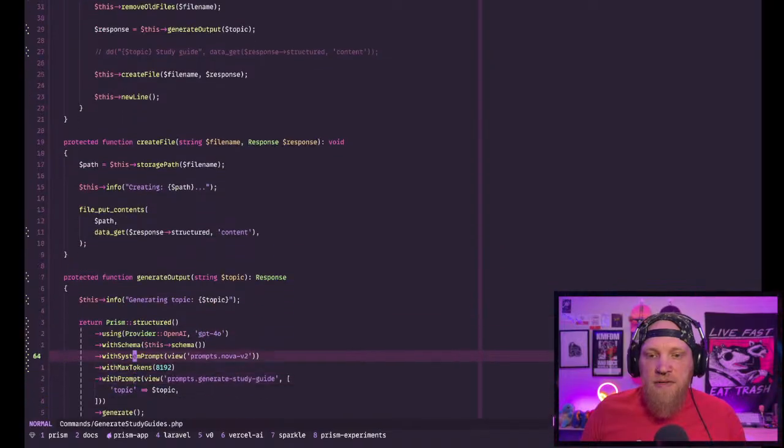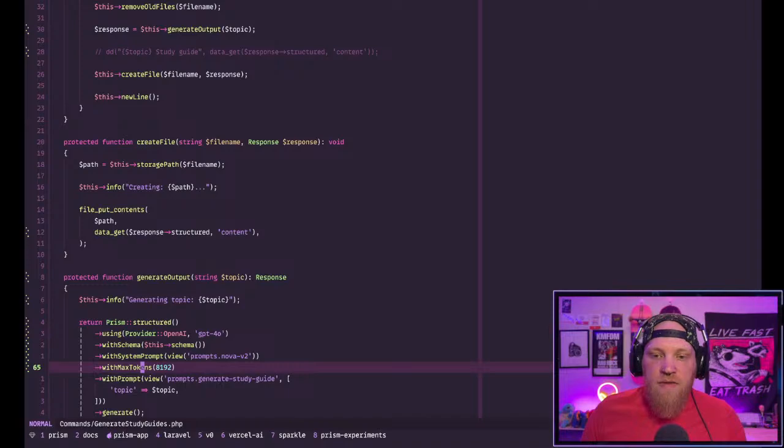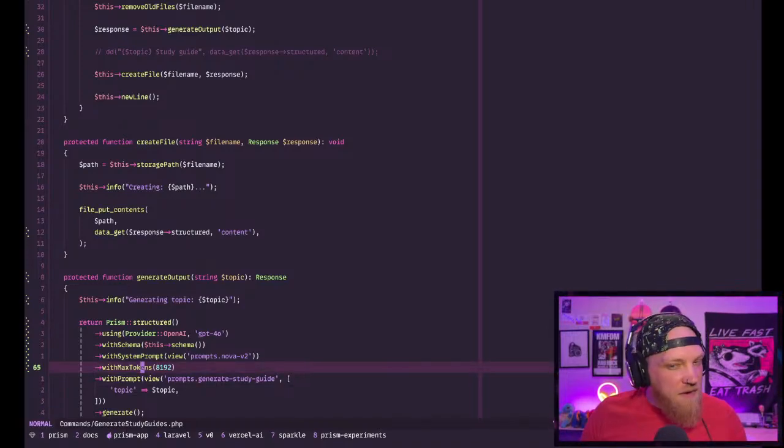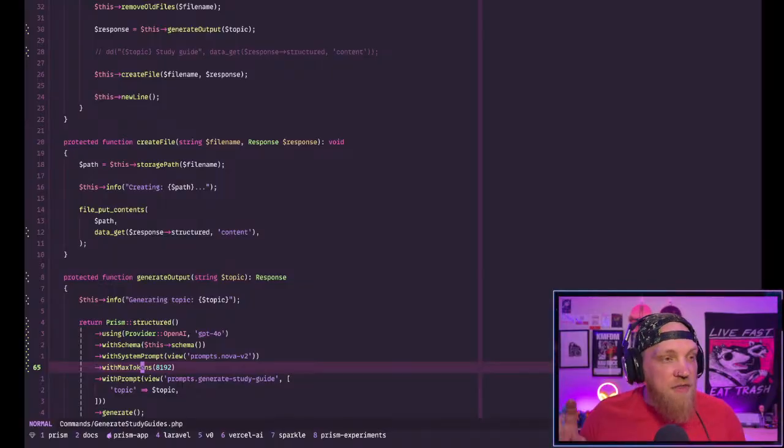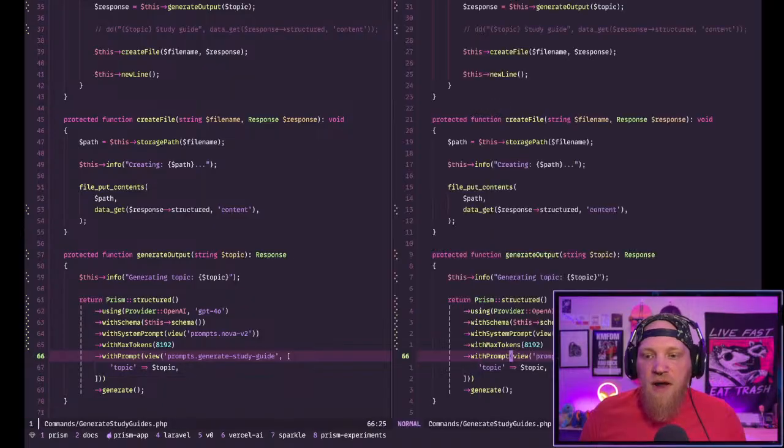So that's the schema. We're using the Nova v2 prompt, which is a slightly modified version of the Nova base prompt from Collaborative Dynamics. Prompt thought leaders, those guys are amazing. We set the max tokens. I don't think this is valid for GPT-4o, but it was the max tokens for Anthropic, which is what we started with. Then we have our prompt,